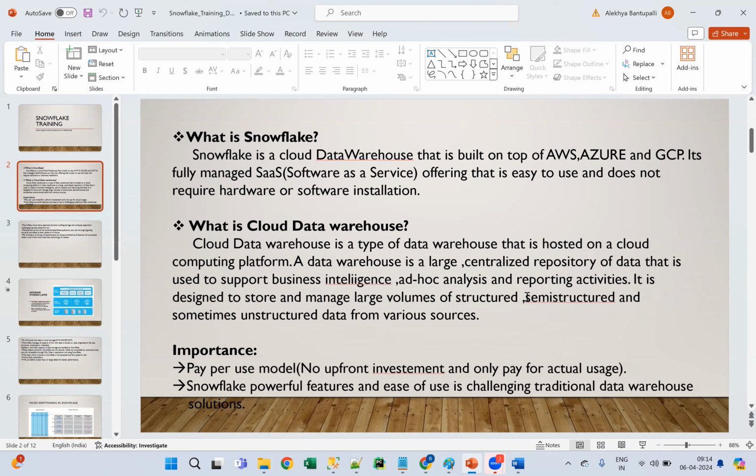Here, if you want to fetch some data, MS SQL or Oracle, anything is fine. If you want to fetch 100 records from Oracle, we can get them easily. Let's say this time I want to fetch 100 million records, from Oracle and also from Snowflake. If you want to fetch those 100 million records, guys, for sure it will take at least 20 to 30 minutes, depending upon the data. Maybe 20 minutes or 30 minutes.